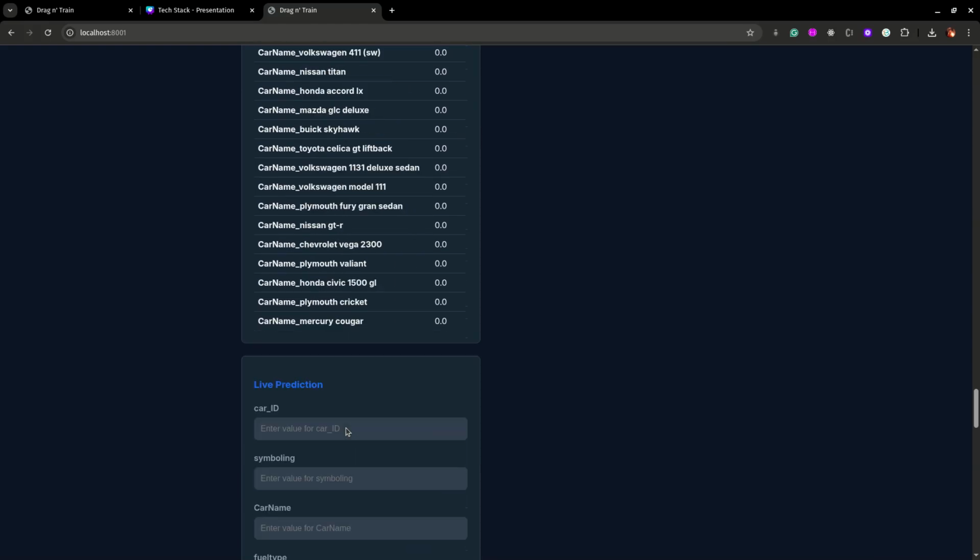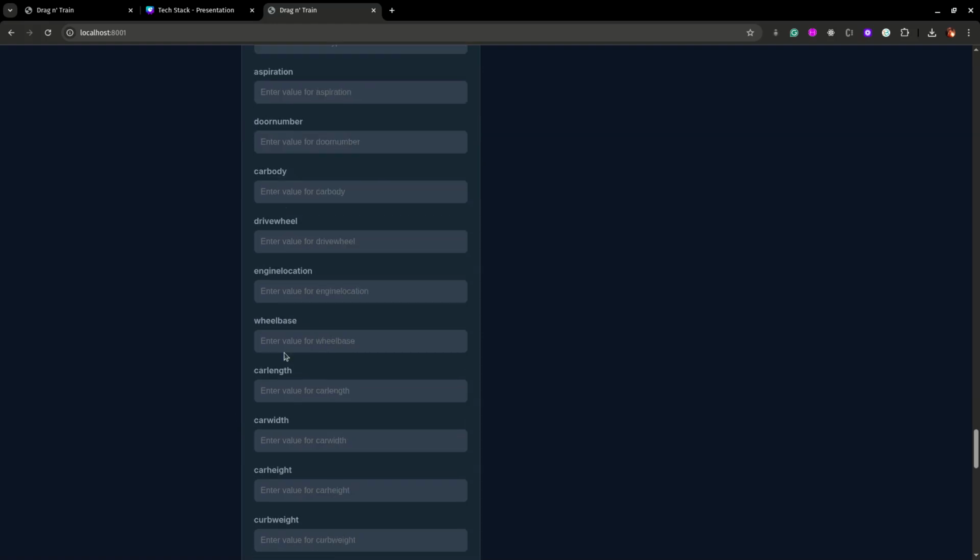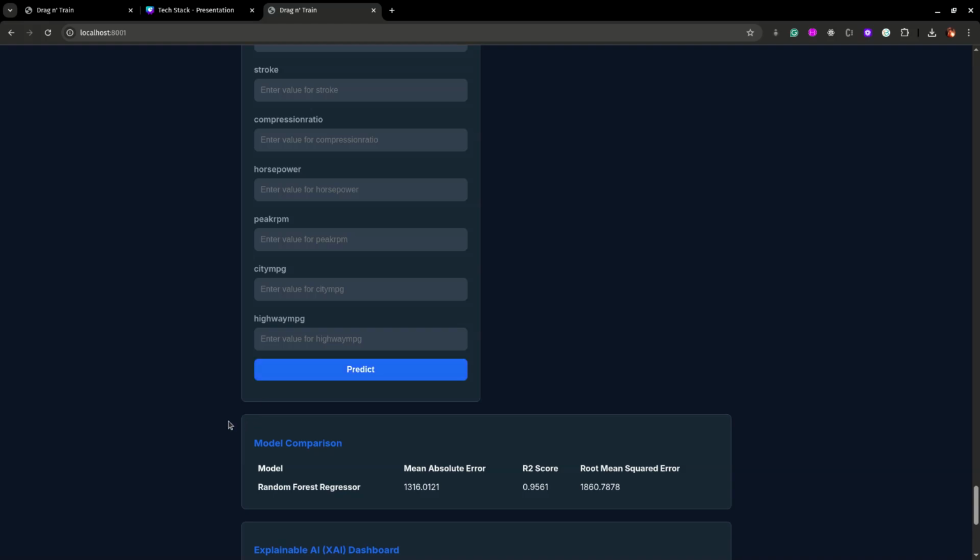Now once our model has been trained, what next? We can use this trained model to predict on a new set of features. You can enter any values for these, and it will predict the car price for you. That is, it will use the model you trained. So you can train the model even if you don't know anything. You can use that model to predict even if you don't know anything.